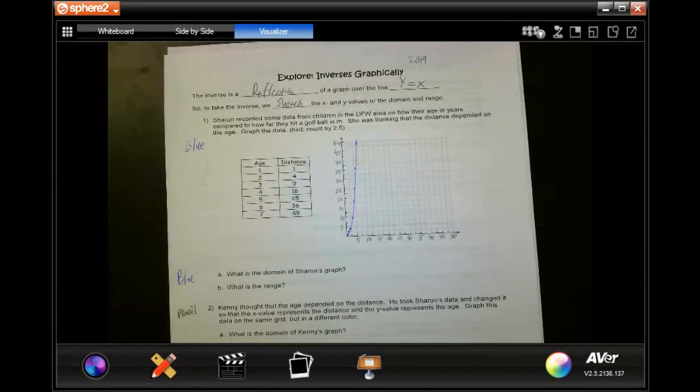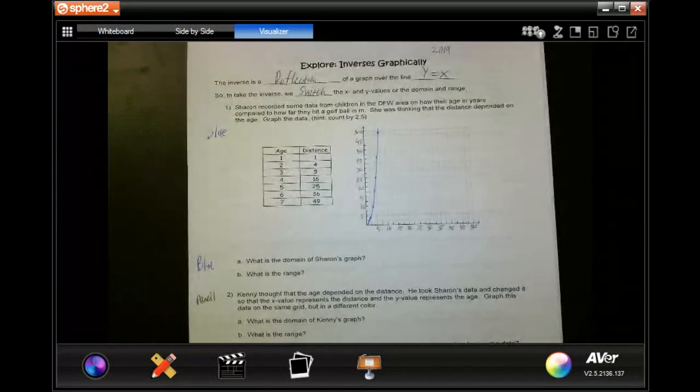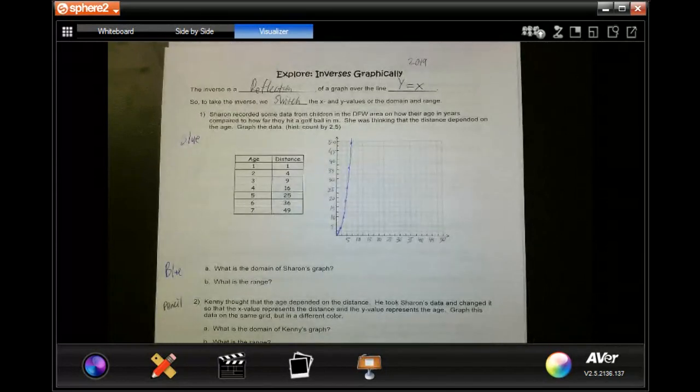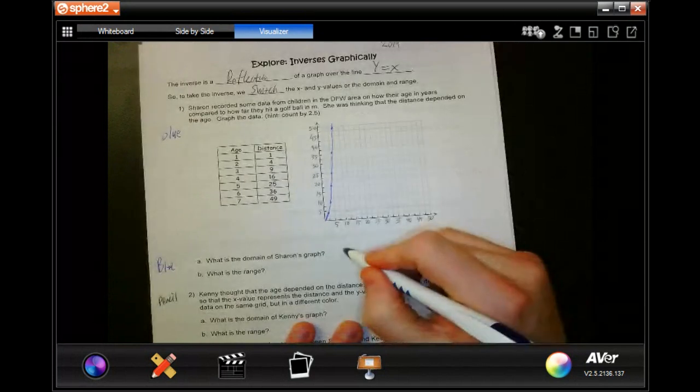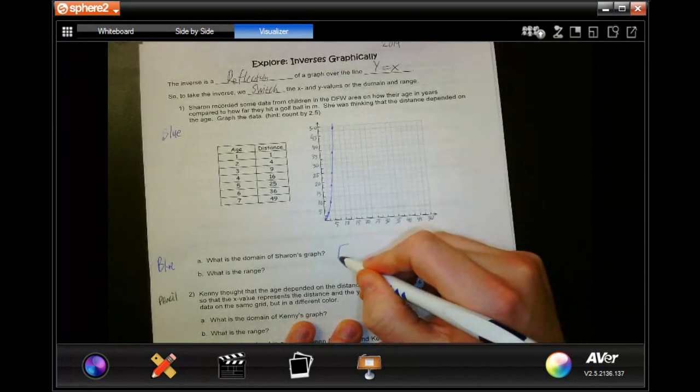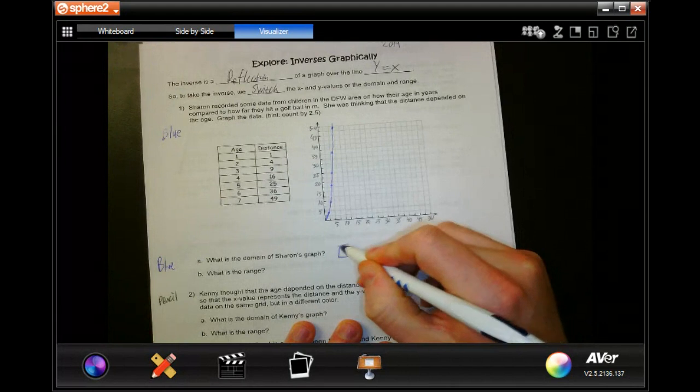Well, let's stay with the blue. What's the domain of Sharon's graph? I just drew Sharon's graph there, okay? And Sharon's going to be correct in her assessment of what causes what, what's independent, what's dependent. What's the domain of Sharon's graph? What's her domain? Oh, yeah, that's interesting. It is just the natural numbers. However,